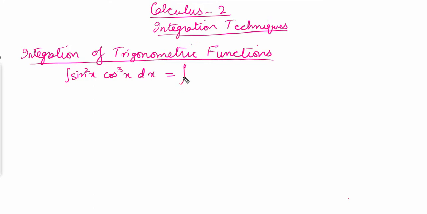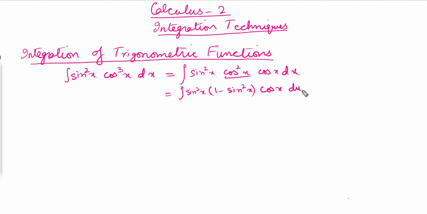First of all, I will write cos cube x in the form of cos square x times cos x dx. Now I can write cos square x as 1 minus sine square x. So I'll write it over here like this: sine square x times 1 minus sine square x times cos x dx. Now I'll just expand the brackets, so it will become the integration of sine square x minus sine to the power of 4 x